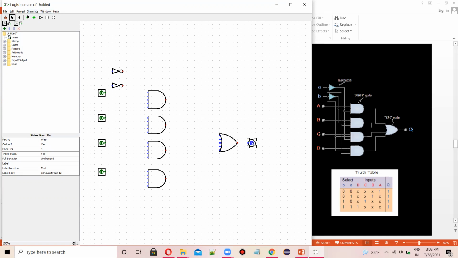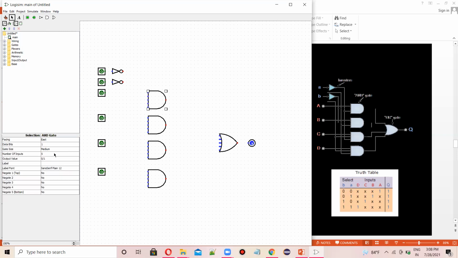and I'll select the other 2 inputs for the selector also here. Now it's perfectly okay. Now we have to change the number of inputs here.